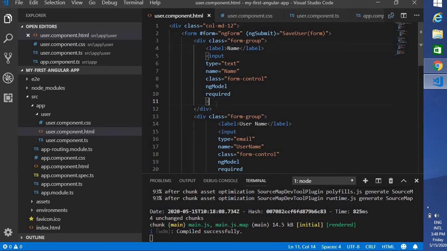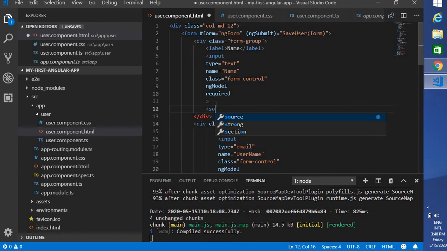For name, I'm going to write a span tag. I'm going to mention "name is required", and I want to show it only when it is touched and when it is invalid, when the particular control is invalid. To do that, we should have a local reference for the particular control.